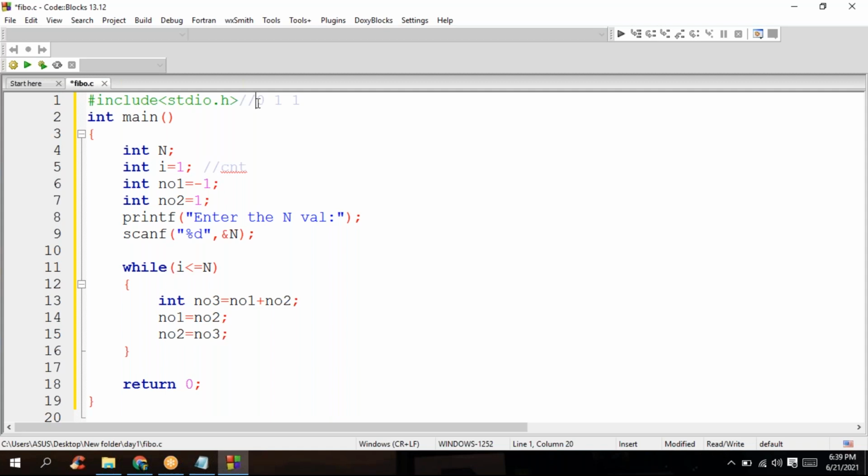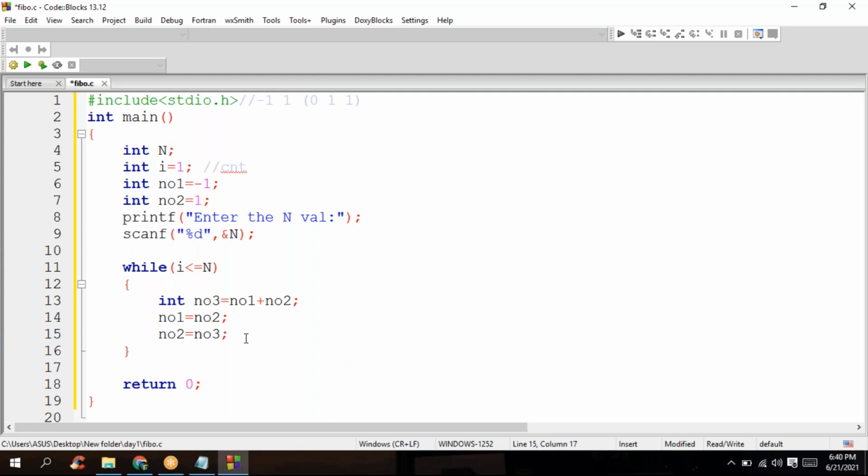So the first two numbers that I initialized, -1 and 1, are the initial numbers. I'm going to sum these two. I'll get 0 as the result. So this is number 3. After this, I'm going to assign number 1 to number 2, okay, and number 2 to the result. Again these two numbers will be added and I'll get 1 again. So our number generation series will be starting here. So this swapping, this particular reassigning, is required.